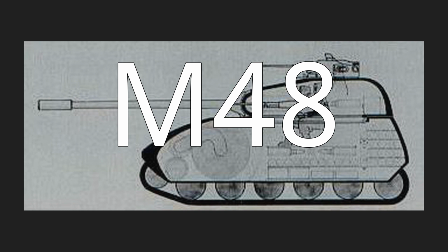The suspension consisted of 6 road wheel pairs with a torsion bar suspension system and 5 return rollers. There was a dual compensating idler arm at the front and dual auxiliary track tension wheels behind the last road wheels, using the T97E2 track assembly, as were the previous M46 and M47 tanks. It had hydraulic shock absorbers mounted on the first, second, and sixth road wheel pairs opposite of the M46 and